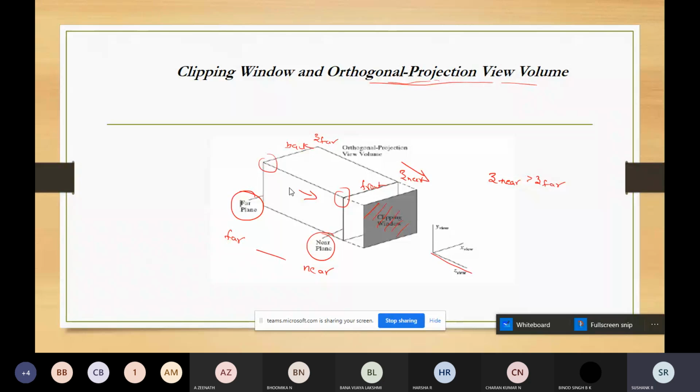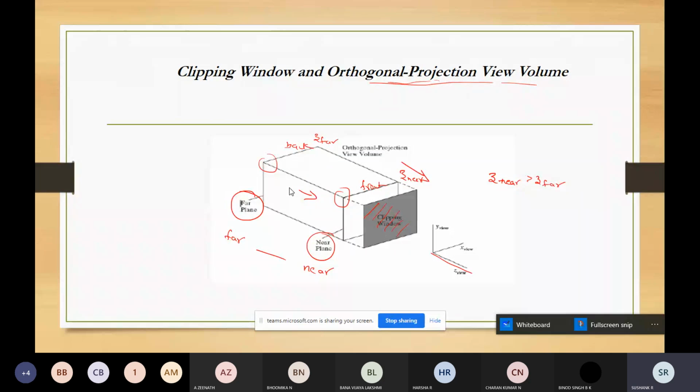So this is regarding the clipping window and the orthogonal projection view volume. The flexibility is provided in the positioning of these two planes, and in general these planes can be at any position for achieving various viewing effects.